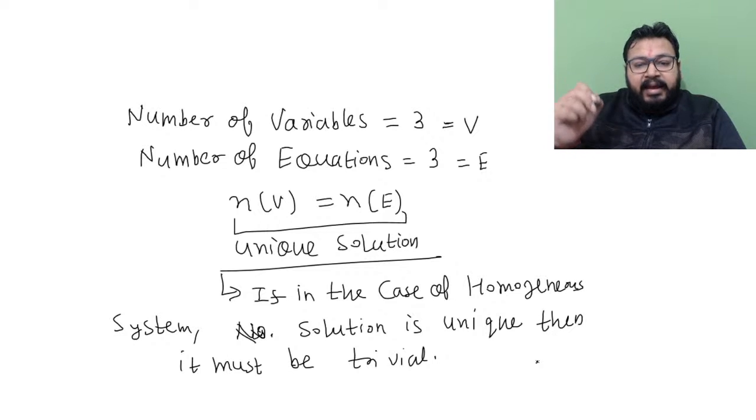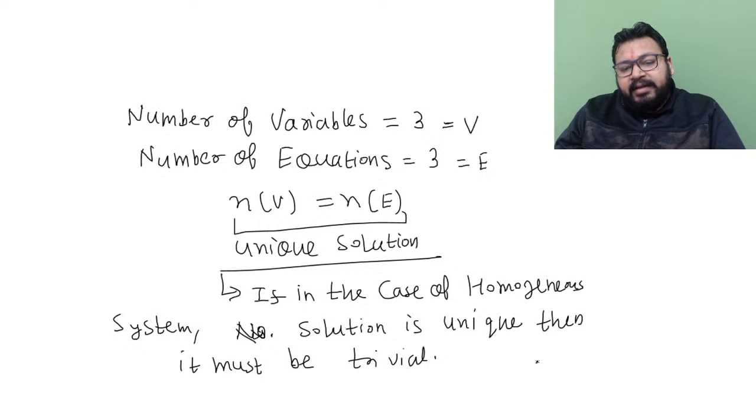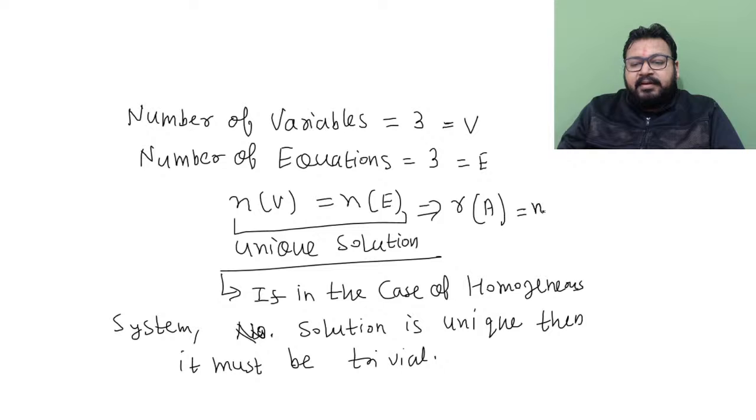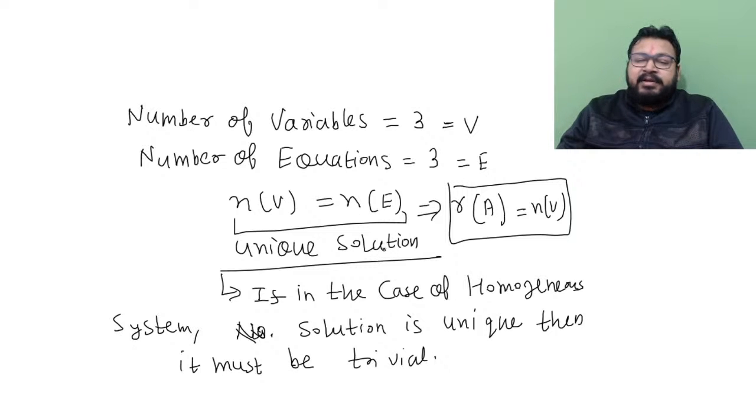So if the solution exists and it is unique, then it has to be trivial always. No other unique solution is possible. और कोई unique solution possible ही नहीं है. And guys, number of variables और number of equations, ये दोनों equal कब हो गए? जब I can say that rank of the matrix A is same as the number of variables. जब मैट्रिक्स का रैंक नंबर ऑफ वेरिएबल्स के बराबर आ जाएगा तब हम बोलेंगे यूनिक सॉल्यूशन है.